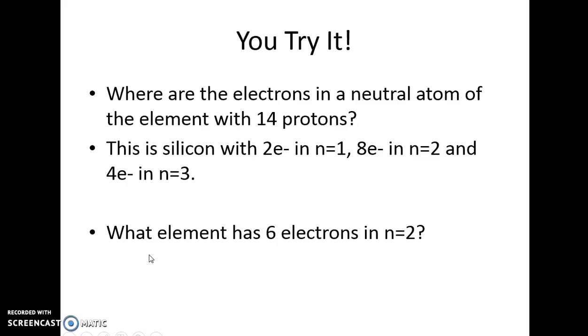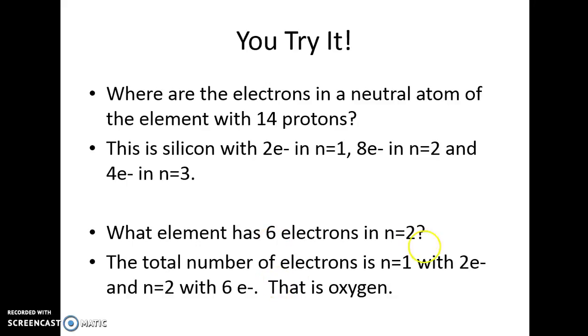What element has 6 electrons in n equal 2? Well, we're going to go to the second row of the periodic table, because n equal 2 means there's no electrons above it. So that must be the highest energy electrons. N equal 2 as the highest energy electrons means it's in the second row. So we go and we count 6 columns over in the representative elements, and we find that